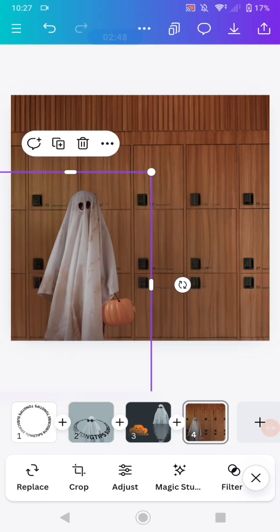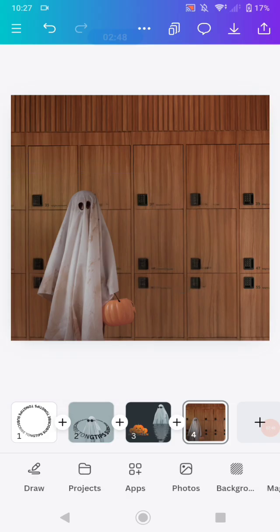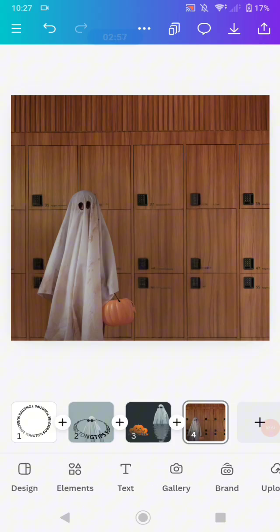and there you go. This will be the result that you get from using the Magic Grab tools on Canva. So you can separate the object and your